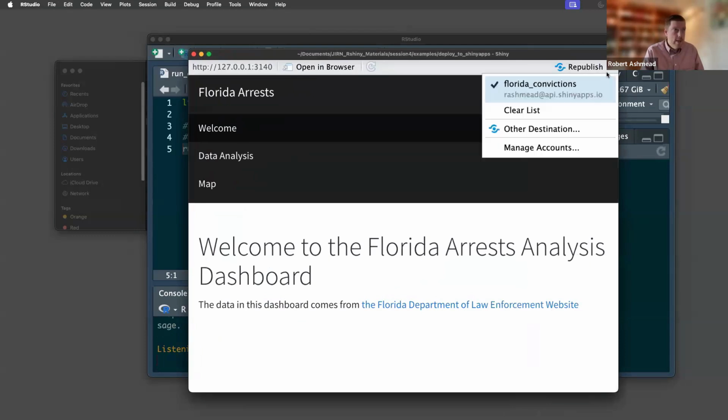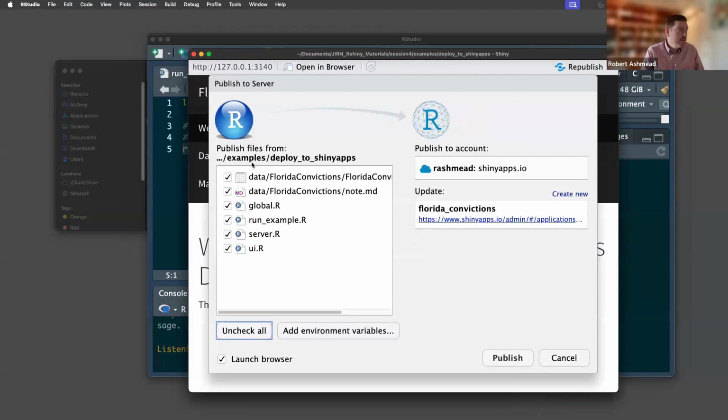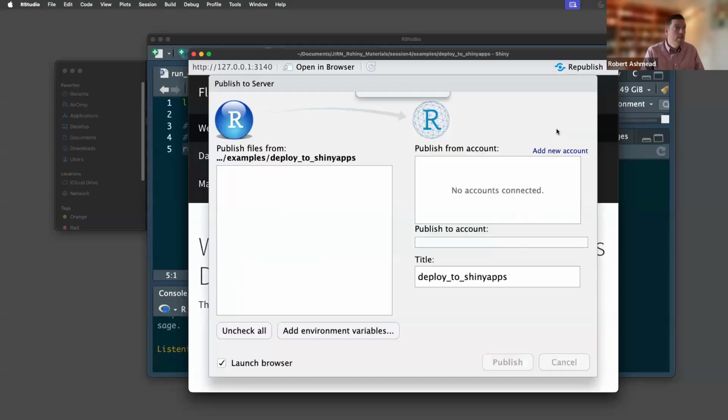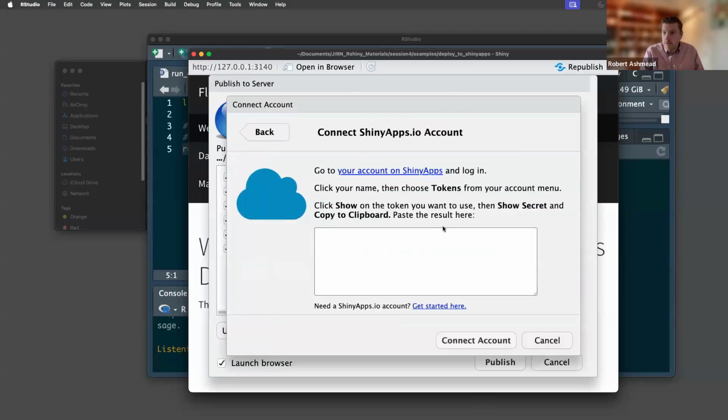And in the top right corner of that is actually this option here where it says republish. If I hadn't done this before, it would just say publish. But you can see here, if I click into this, it just has information about where to publish. So you can link this up. If I hadn't done this in the first place, you can add a new account, and you can see here shinyapps.io. And if you follow these instructions after you've made an account, you can link your RStudio with this,